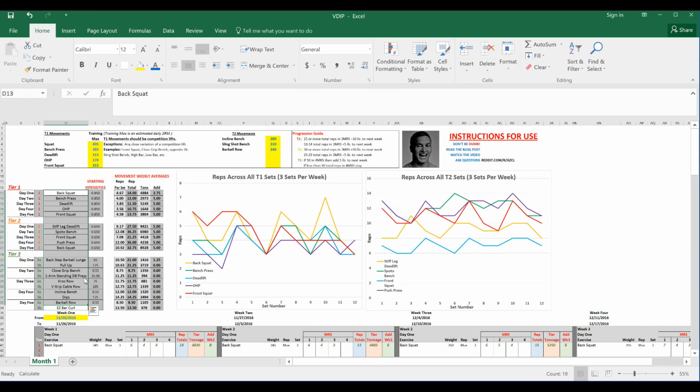Now what's going to get a little bit funny. Since it's VDIP, all we're worried about here are these starting intensities. The way it progresses is all dependent upon your effort, how much you try, how much you care about your own training, each individual set. So you push yourself and you get data, and that data gives you an idea of how you can better strategize how you push each individual lift. They're not all going to perform the same way if you execute them in the same fashion. What I mean by that is,